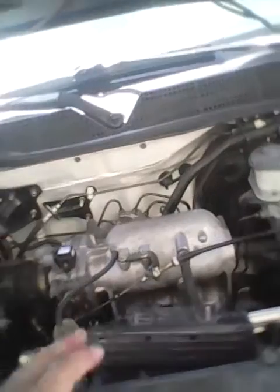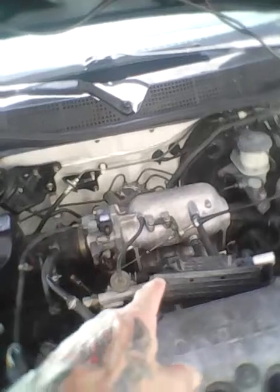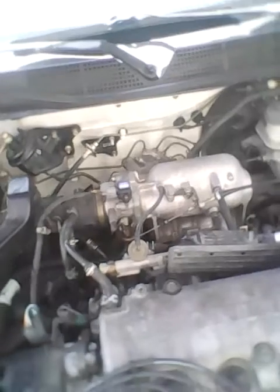So this is Trapper Ed with another troubleshoot down to the PCM through the wiring harness kind of video on this Honda Civic EX 1998. And because of this purge valve is not working, and this purge solenoid valve is not working either. This one right here is a shut off, and that one there is the purge valve solenoid itself that takes it from,